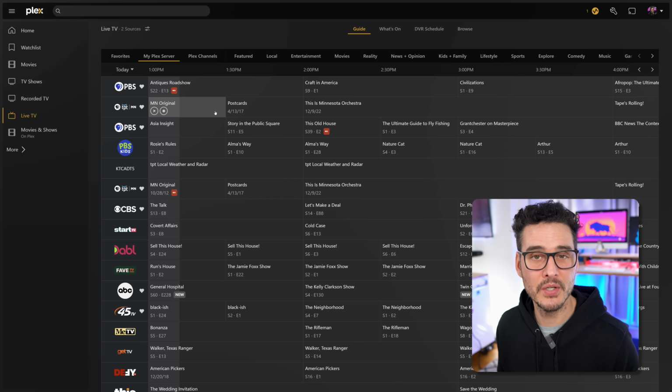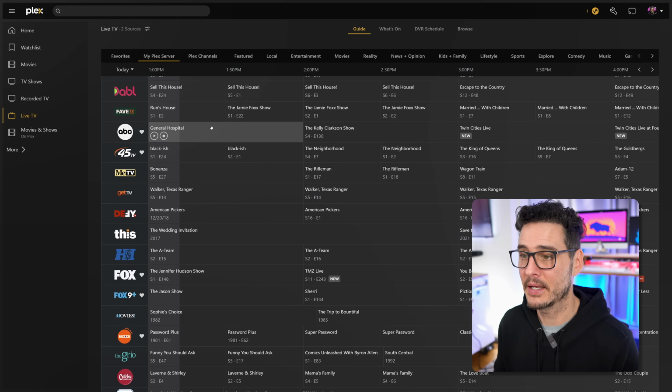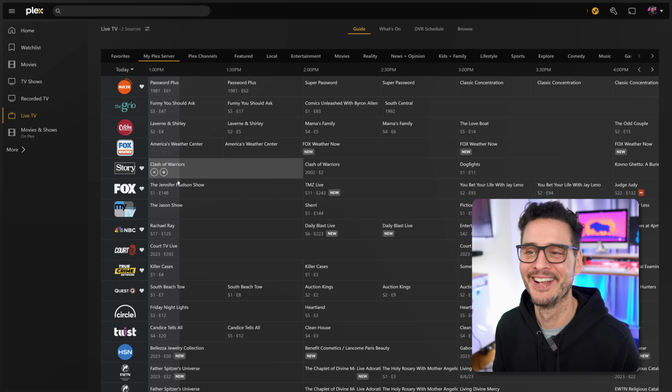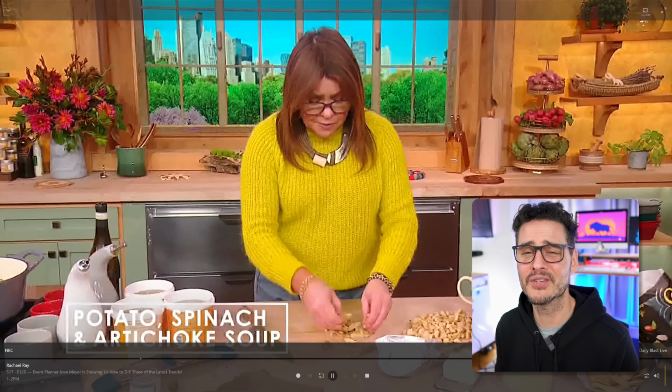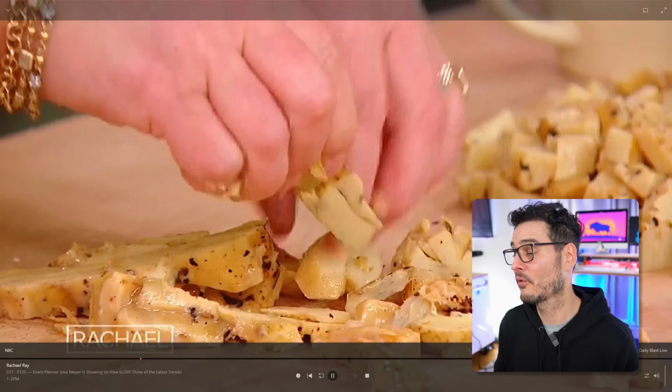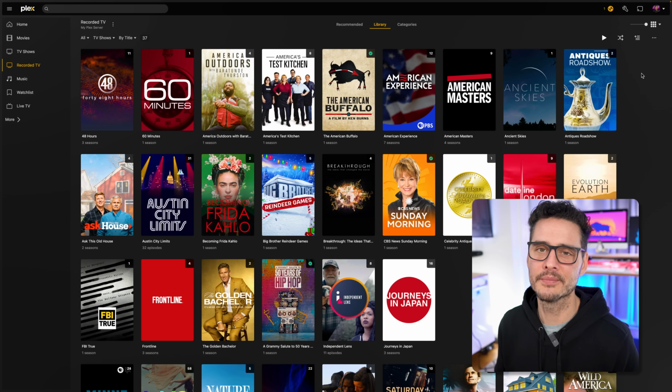And they have a great EPG too that's always up to date, and their electronic programming guide is hands down the best one that's out there. I've used a lot all the way back to Windows XP Media Center Edition, so I've used a system like this to record my TV over a long period of time. Anyways, you know what Plex is. I've been using it, it works great.